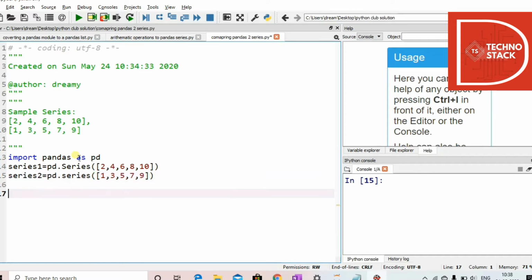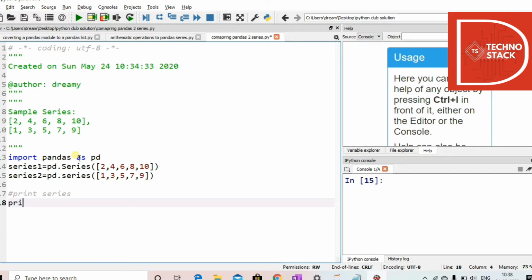So first we'll print the series so that we have in our output what the series are that we are printing.